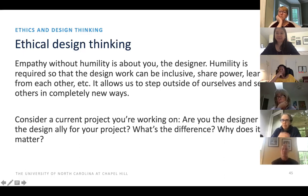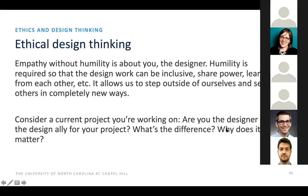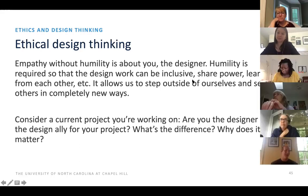So I'm the designer of a project that I'm working on. And I'm thinking about our design allies. And so for us, we did empathy collection, and we got a lot of feedback on the prototypes, very similar to the process you described earlier, from teachers who we want to be our users. And so we found some early adopters of our prototype, and we were able to bring them on as allies for our design,